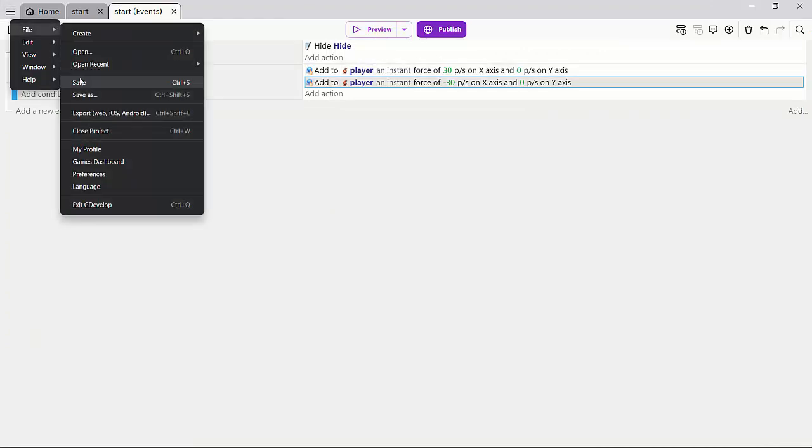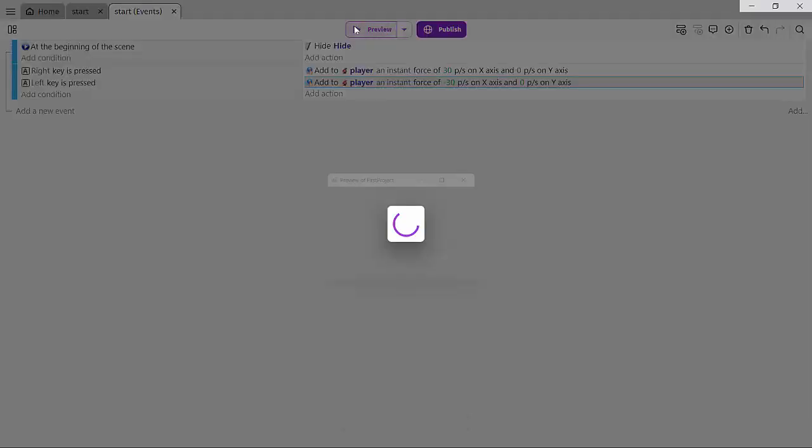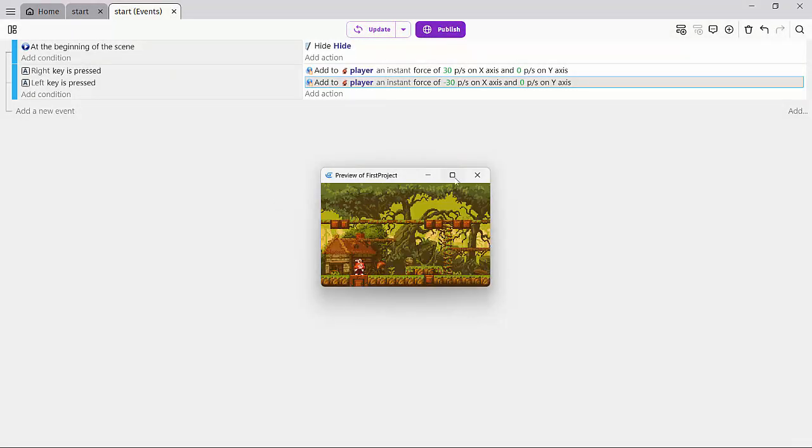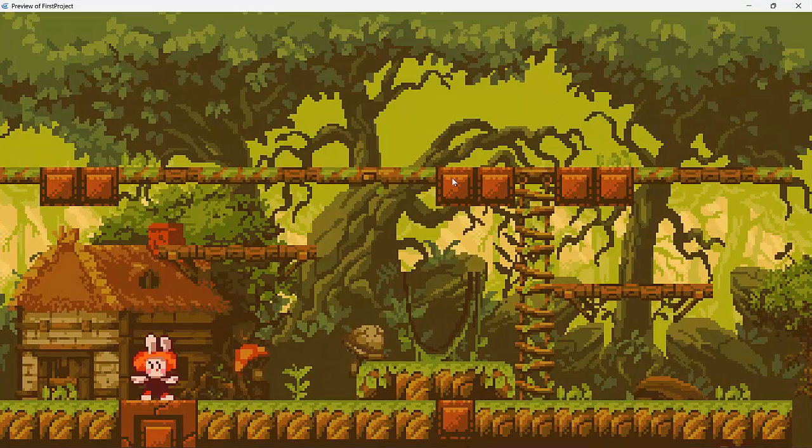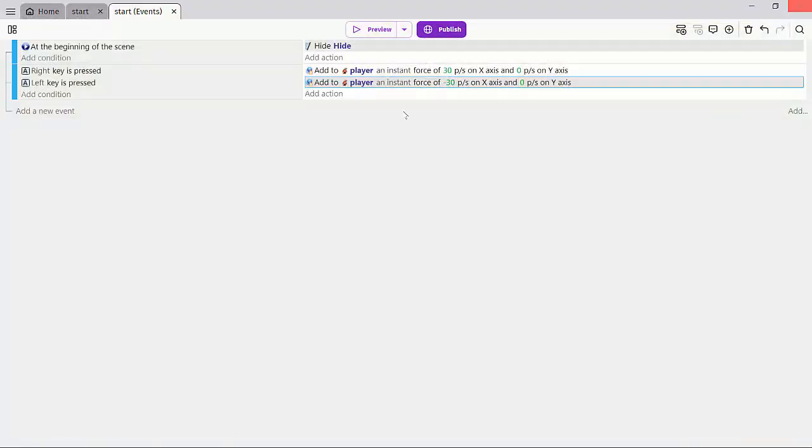So let's save this, and let's go over here, and if I press the left and the right key, nothing happens. Why is nothing happening? This is why it's very important to understand how we create these conditions. First, we say if we press the right key, and this is true, add a force of 30 pixels on